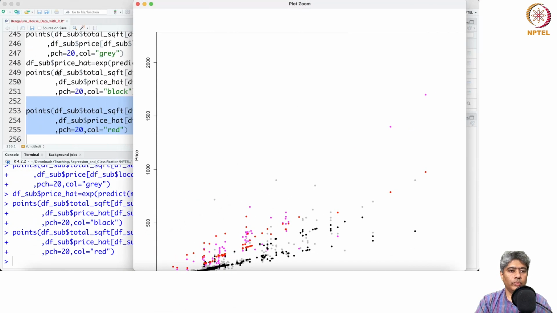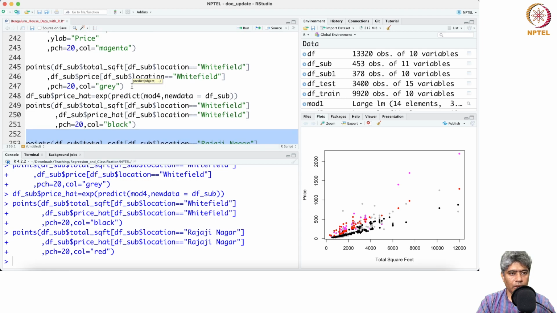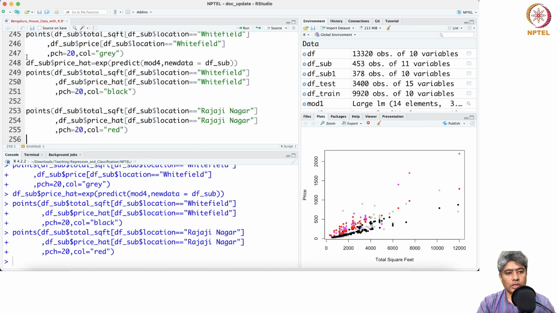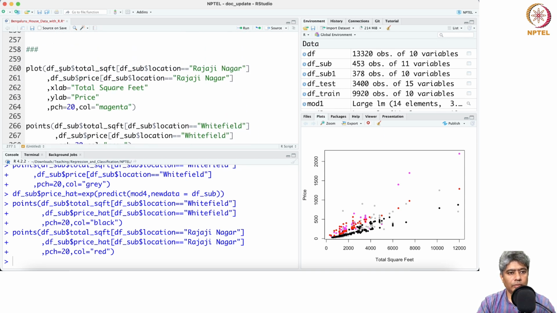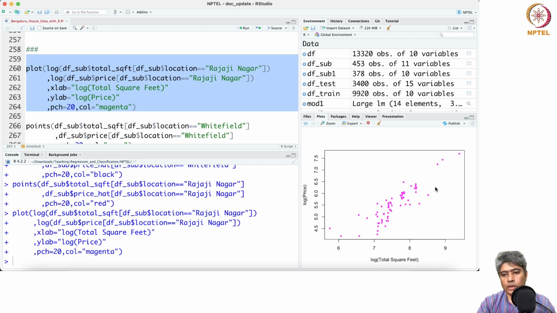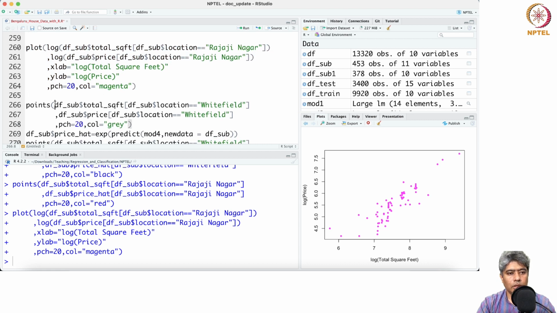And then we can try to put the same thing using another plot that I will create with log linear. Since these are all log linear, I'll try to put it in log linear scale. So log of this and log of price in log scale, total square foot in log scale, log of price. If I just plot this, you can see that this is better. And then if you plot log of this and log of